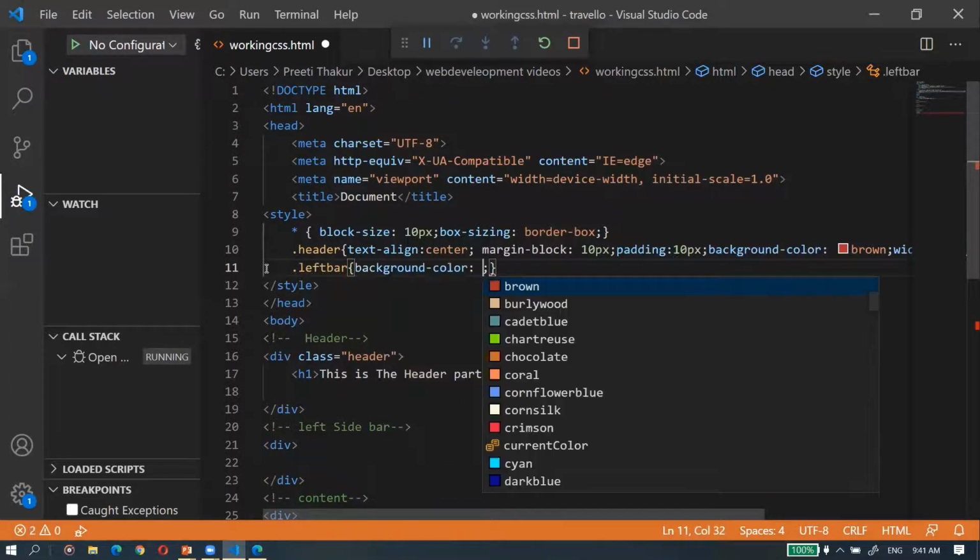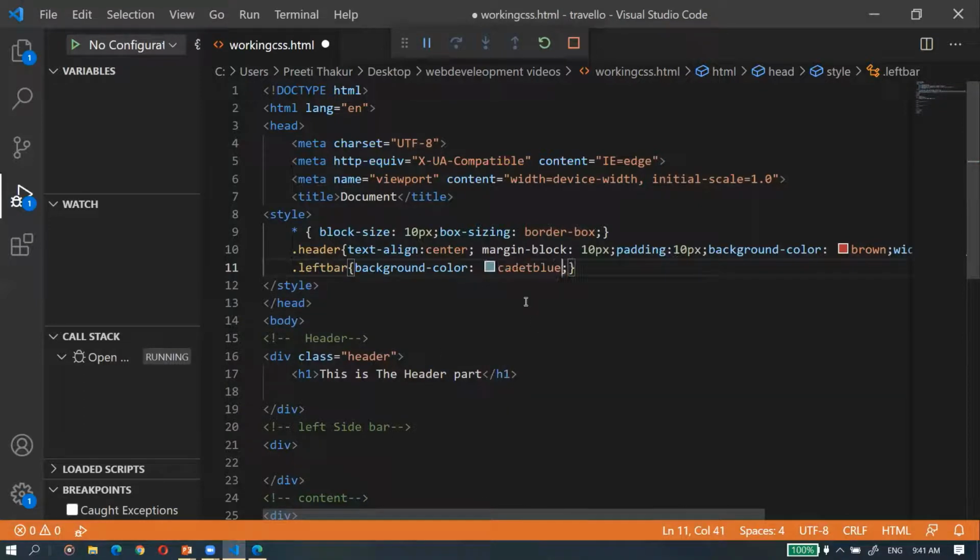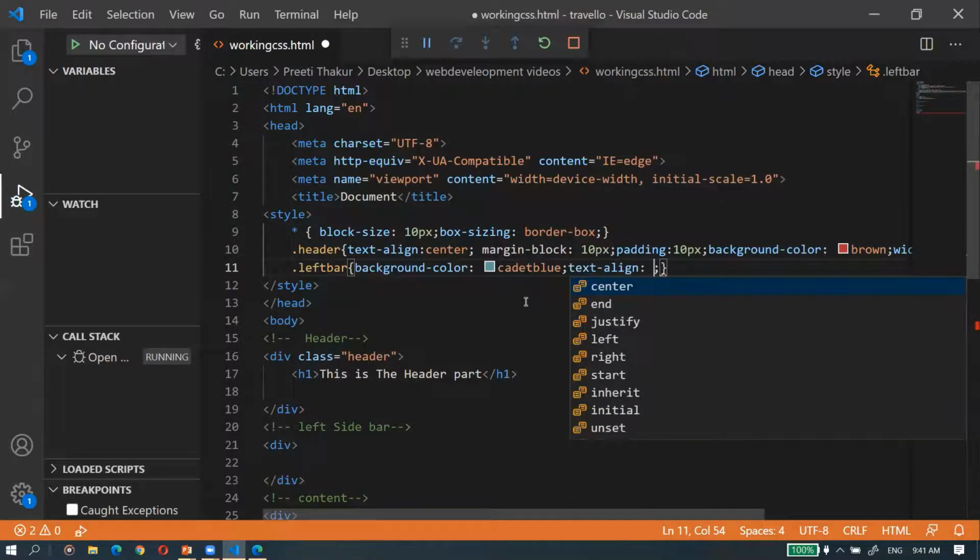Just to differentiate, I will take a light one, this carrot blue color for background, and the text align I will put to the left, not the center, right? So left,